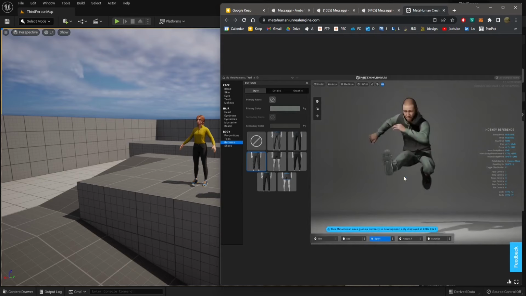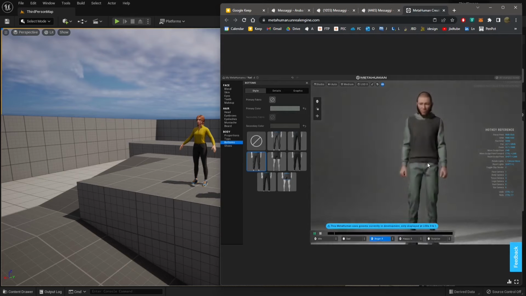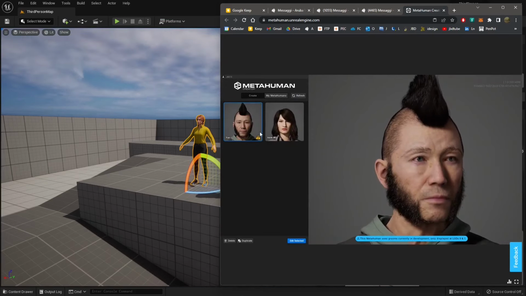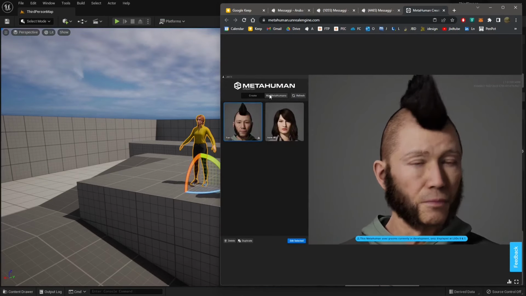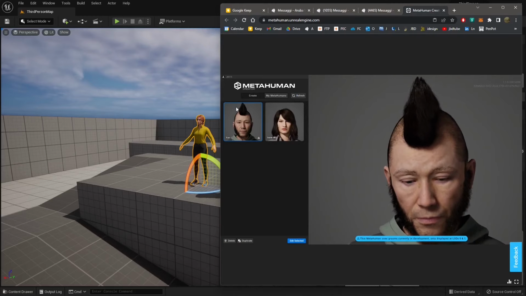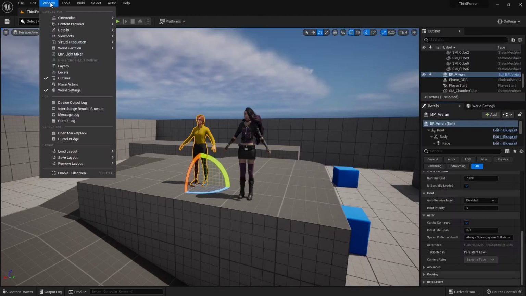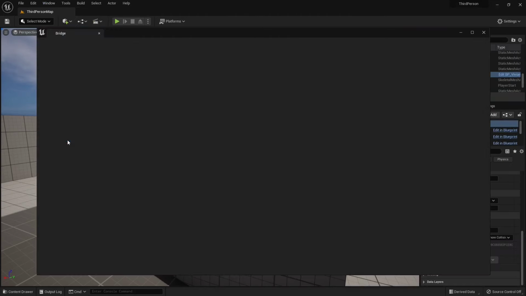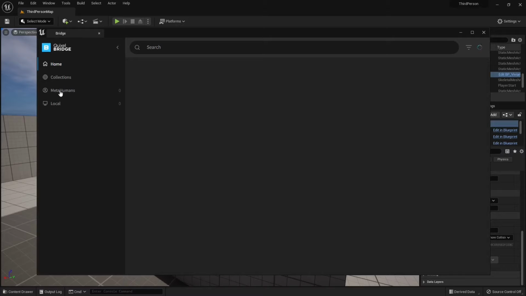This is why they're called Metahumans, because they're not just skeletal meshes. They are something more complex. They have really high quality, highly detailed hair and clothes and so on. So you can see that you can always go back there and continue to create more and more Metahumans for you. Now, when you finish, you save your Metahumans in the web browser. If you come back here in the Quixel Bridge,